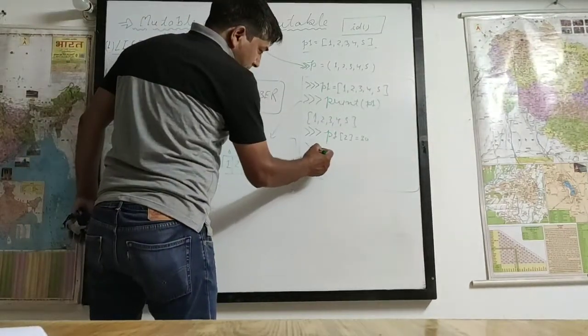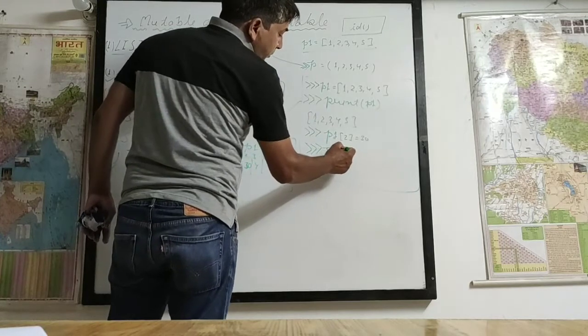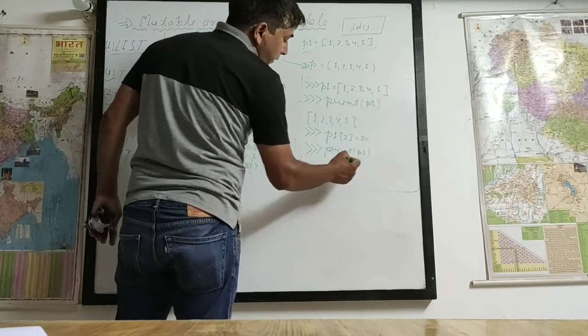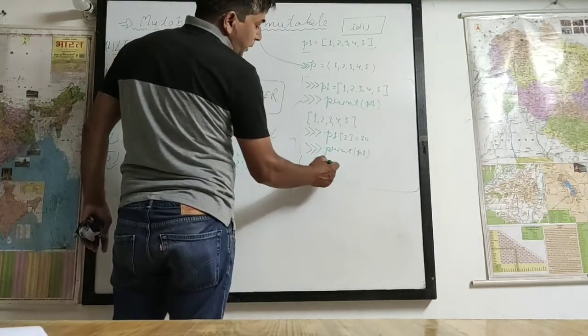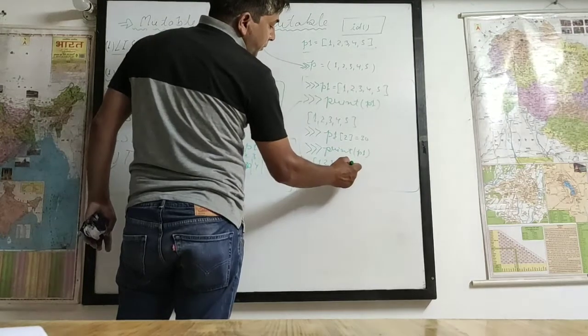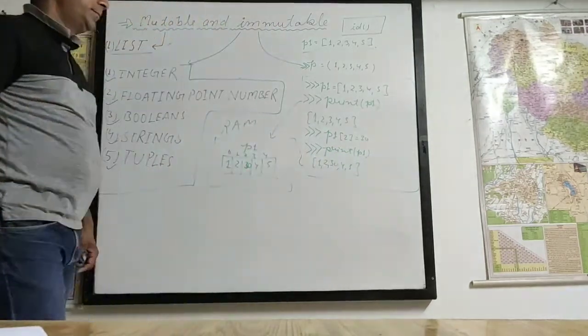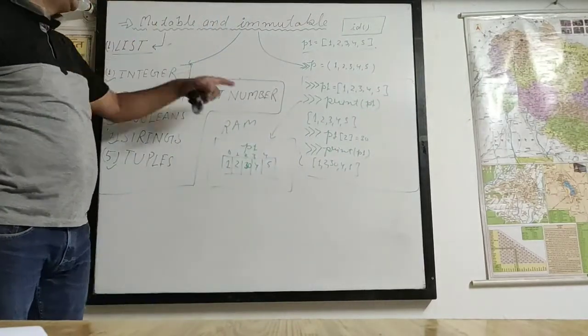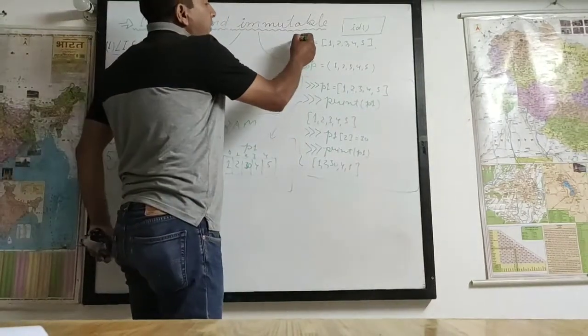अगले टाइम में अगर आप print command का use करते हैं और p1 लिखकर enter key press करते हैं, then values come 1, 2, 30, 4, 5. The result is displayed. यानी तुरंत ही आपका result यहाँ पे change हो गया, यानी modifiable. List is modifiable. किसकी बात हो रही है? List की बात हो रही है.